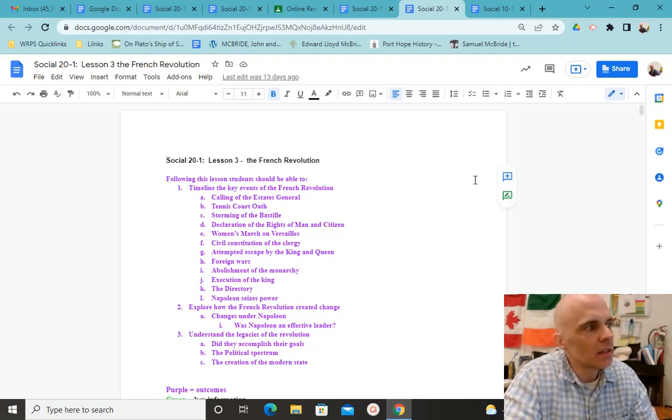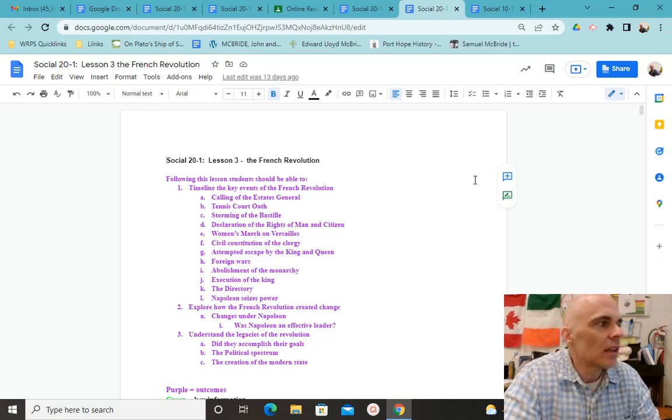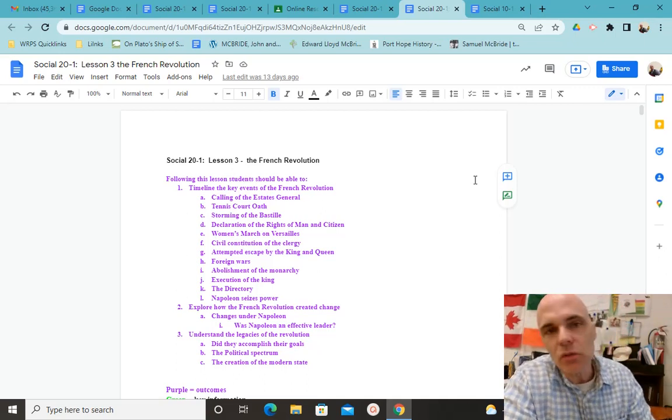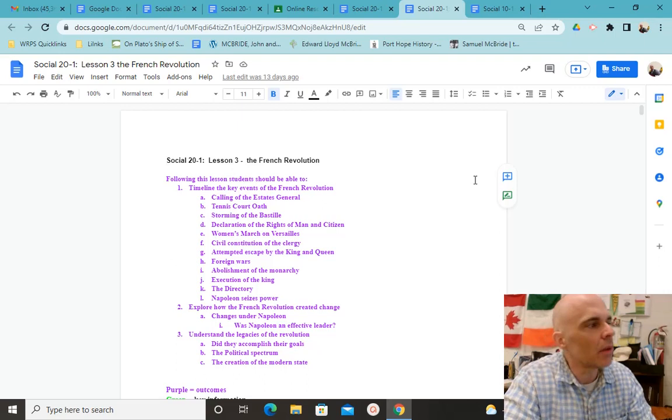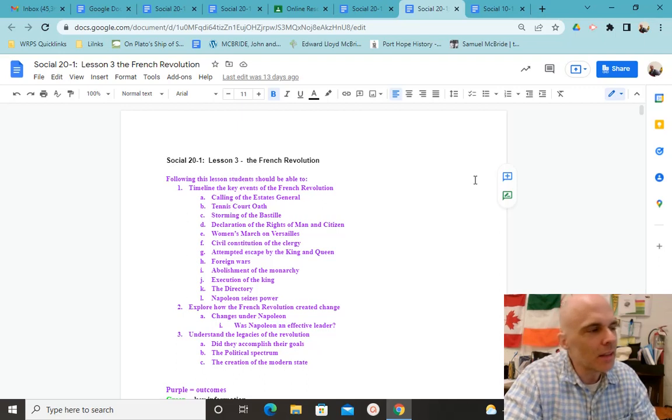So storming the Bastille is a key physical moment, but a more key legislative moment comes in the next month. So the storming of the Bastille, July 1789. Then next month is going to be August 1789. They're going to put pen to paper. They're going to write down the Declaration of the Rights of Man and Citizen. And in terms of the evolution of human rights, again, we studied that last year. We'll study it again this year and next year.